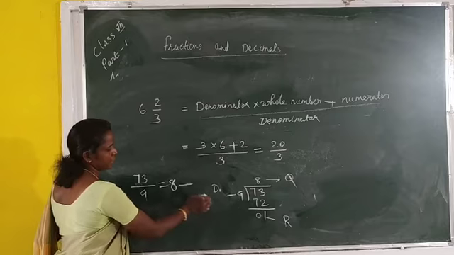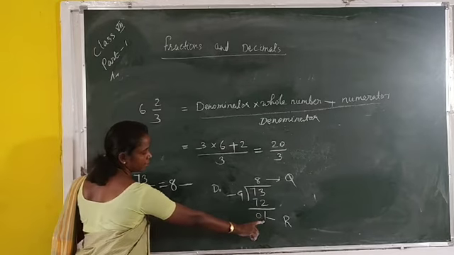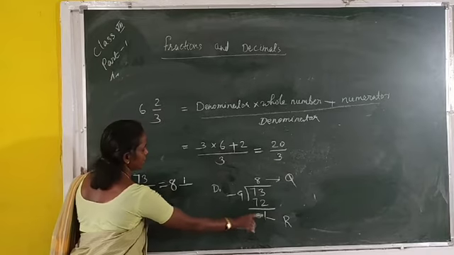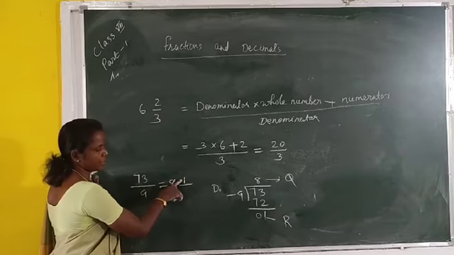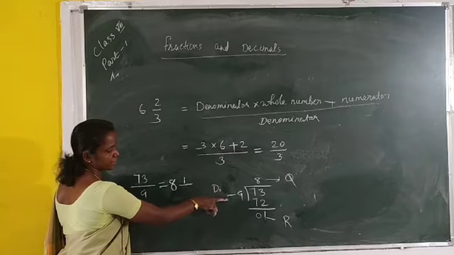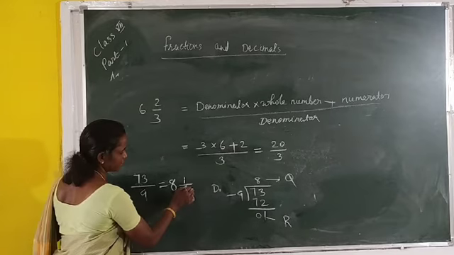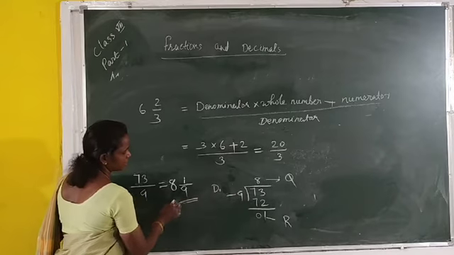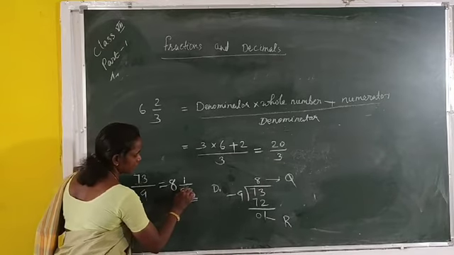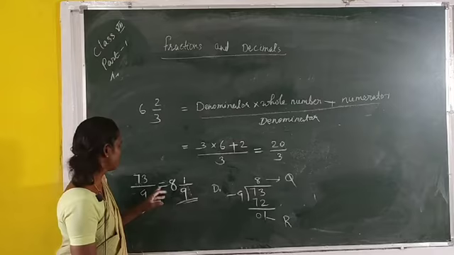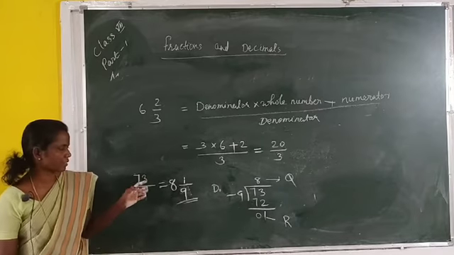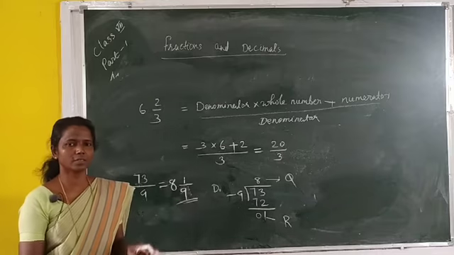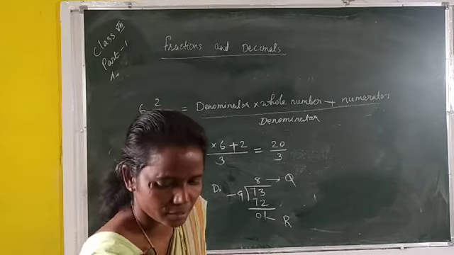Then the dividing line. The remainder we write as the numerator. Here the remainder is 1. The remainder is written as numerator and the divisor we write as the denominator. Here which is the denominator? Here 9. Is it clear how to write a mixed fraction, meaning converting an improper fraction to a mixed fraction? Is it clear? Then next,